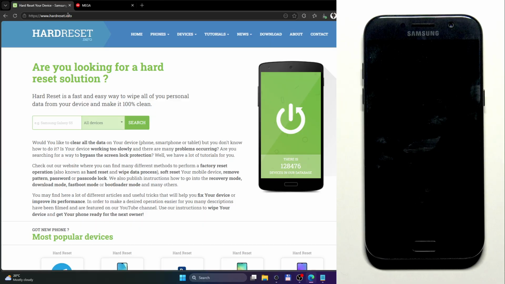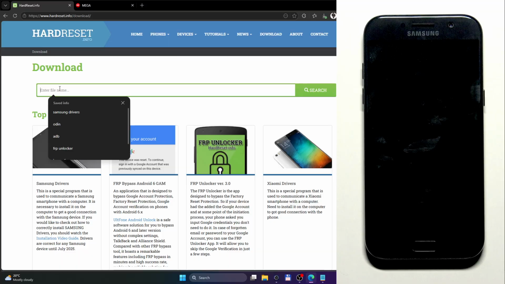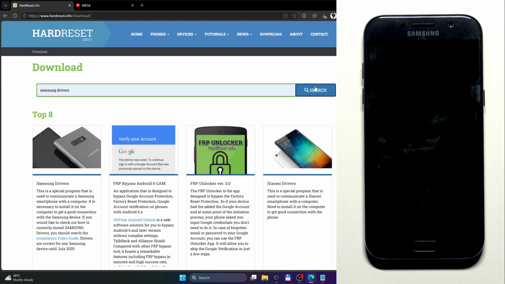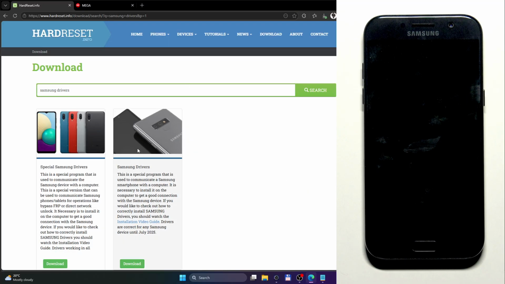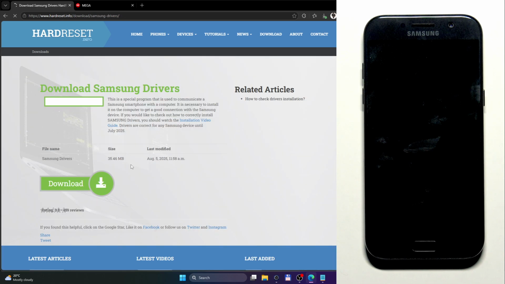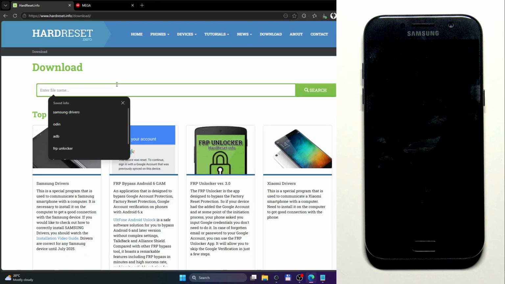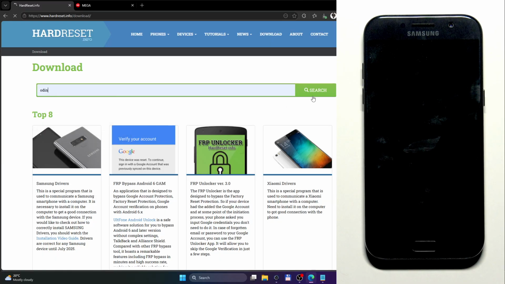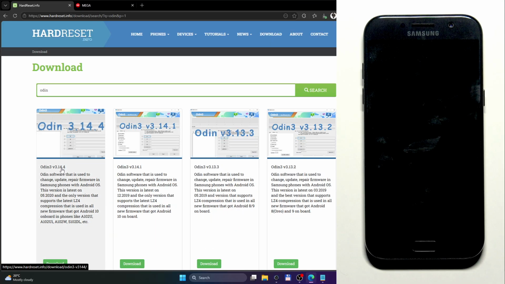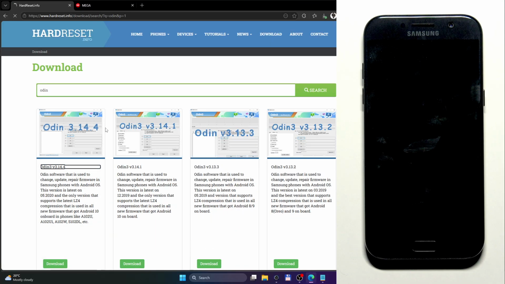First, visit our page, HardReset.Info, you can see the link right in here. Then go to download section and type Samsung Drivers. Then click on search, select Samsung Drivers and click on download. Then go back, type Odin, download the latest version 3.14.4, also click the download button